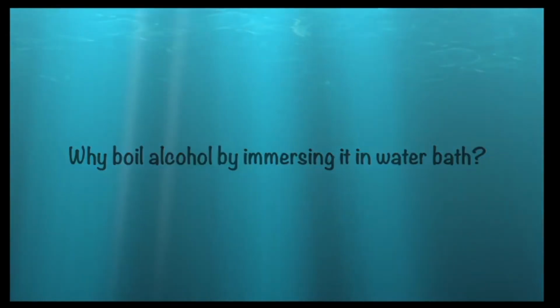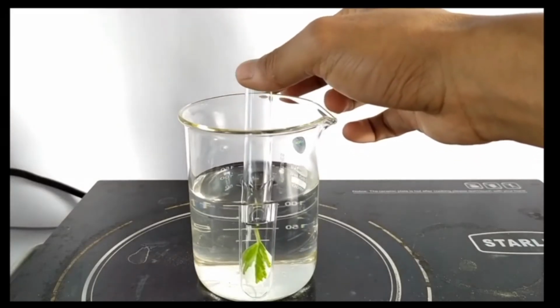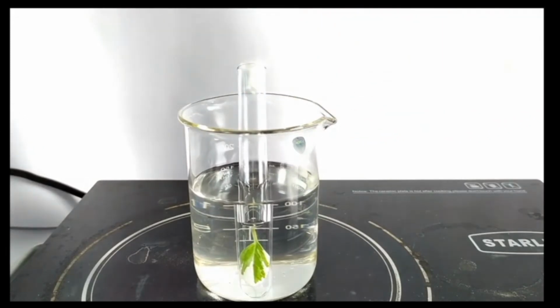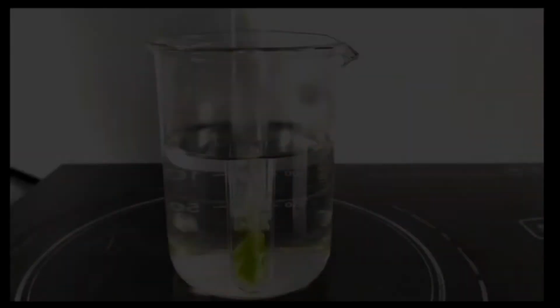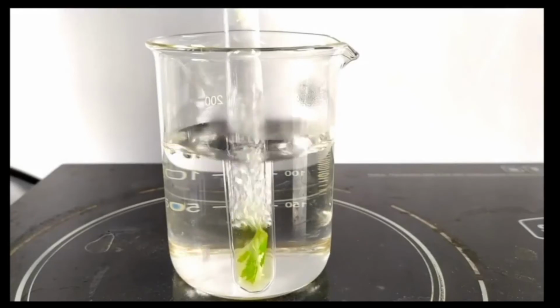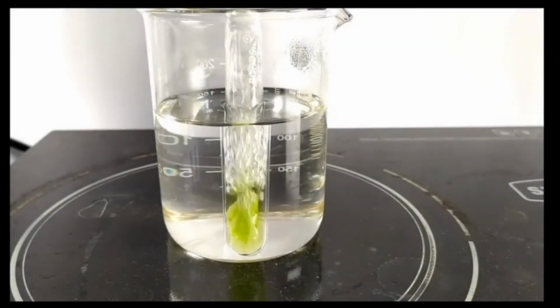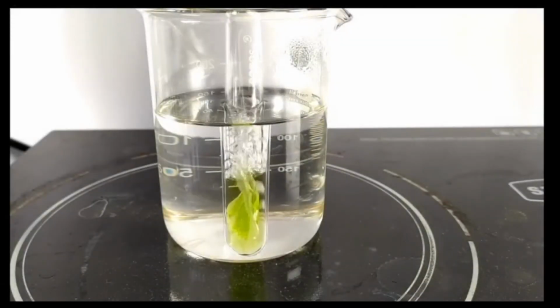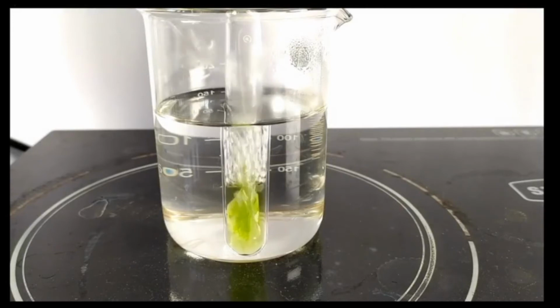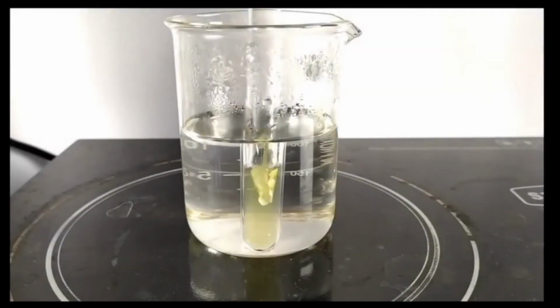Now it's best that while boiling we use a hot plate like this and not direct flames. Even if you're using a Bunsen burner, be very, very careful, because this alcohol solution catching fire is a common thing while doing this activity. Okay. Yes. So the leaf has gotten bleached. More or less the chlorophyll pigment has gotten lifted.